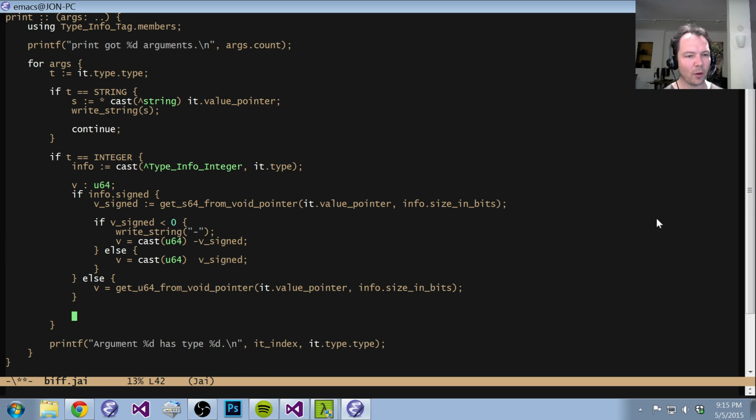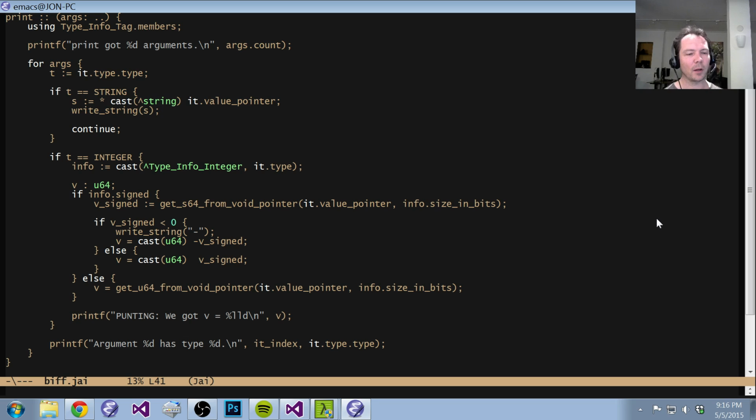Wow, we've got a few functions to write at this point. Instead of actually printing the integer in yet, we're just going to punt here for a second and say, punting, we got v equals %d, right? LLD, because it's an S64, or